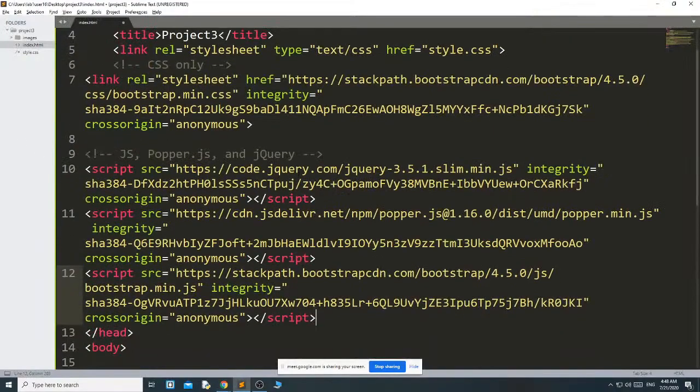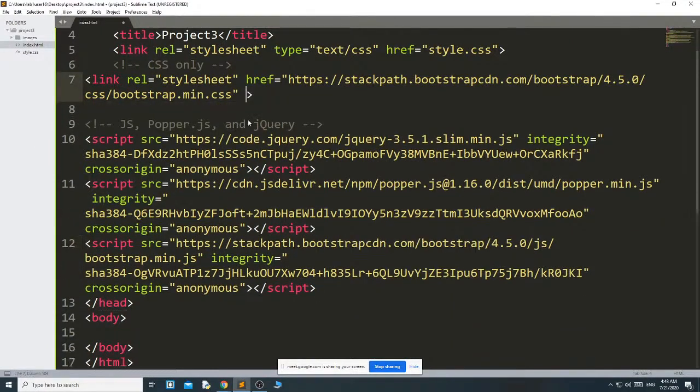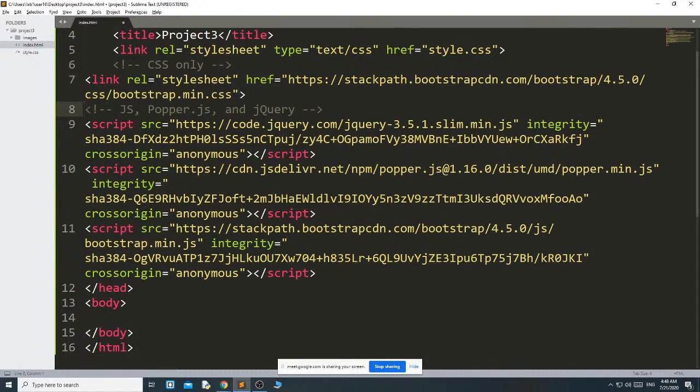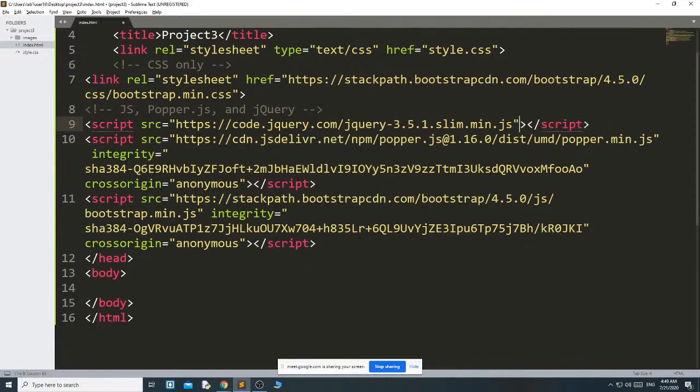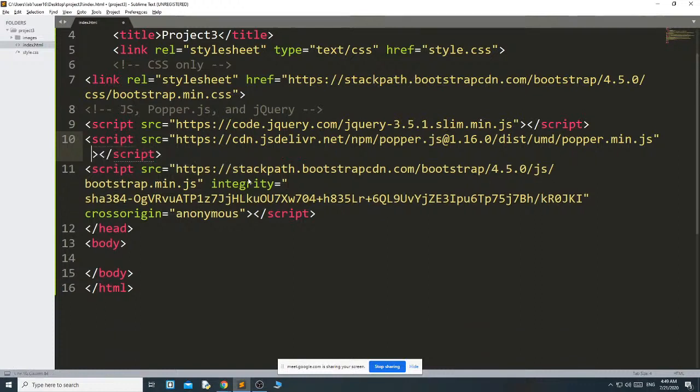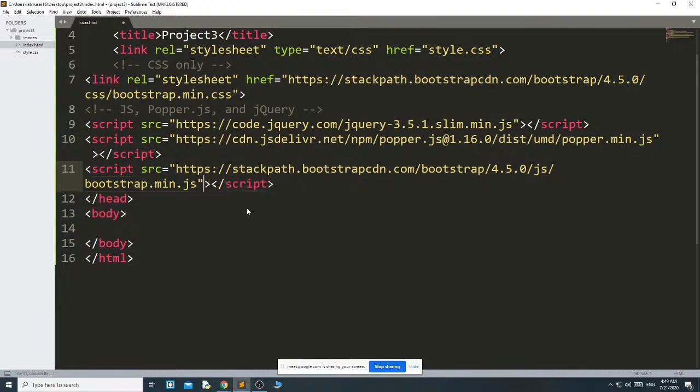Okay, and just remove the irrelevant details, like this is an irrelevant detail, and here, and this.